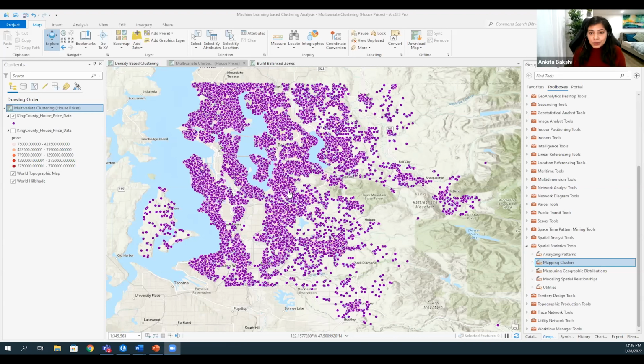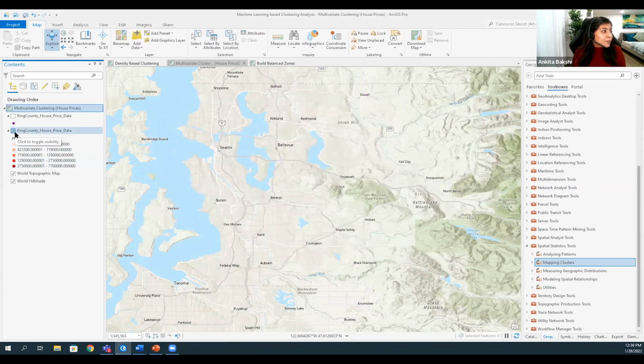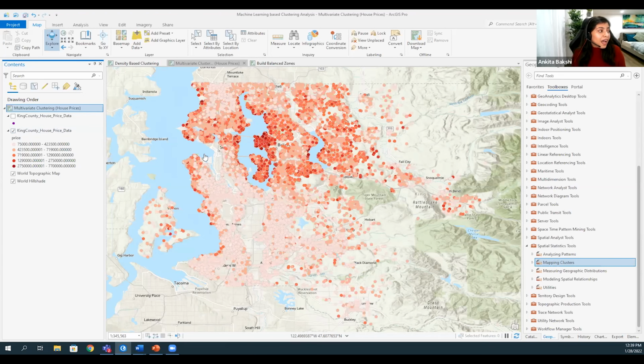So if I were to model what affects housing prices in this entire county, that would be very difficult because there are so many spatial factors at play. Even in this example, if I just symbolize my data set by house prices, we start seeing those spatial factors, like the houses that are near the lake are more expensive than the houses that are more inland. So what I want to do is split this area into different regions based on some attributes,